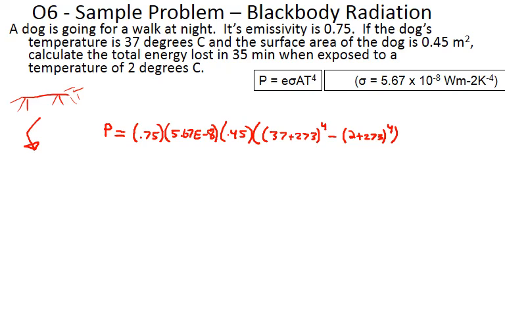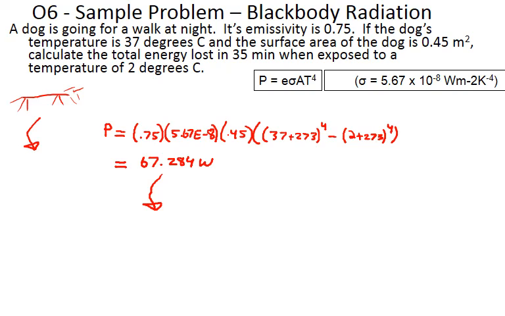Now I'm going to do this with you because it's very easy to make a mistake here. We have the emissivity, we have Stefan-Boltzmann's constant, we have the area exposed, and then we have to do something very particular with the temperature. If it's colder out, you're going to be radiating out more heat, right? So this dog's temperature is 37. The outside is 2, so we do 37 plus 273 to get it in Kelvin. Then take it to the fourth power. We take this, then take it to the fourth power and subtract them, and we should get 67.284 watts of